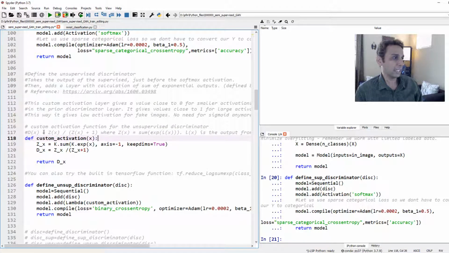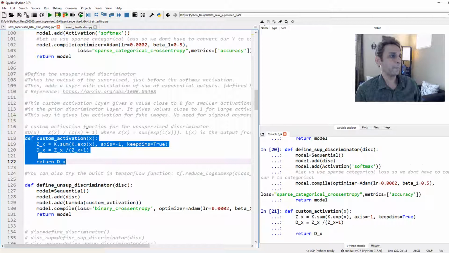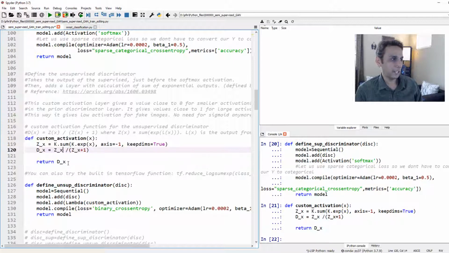Okay, so first of all, let's define the custom activation. We saw this in our last tutorial. This is basically, what is our Z(x)? Summation of e to the x. So that is nothing but summation of e to the x is your Z(x), and your D(x) is nothing but Z(x) over Z(x) plus 1. That's exactly what we define here. So this function returns D(x) right there. I need to add this function as an additional layer as part of our model, and